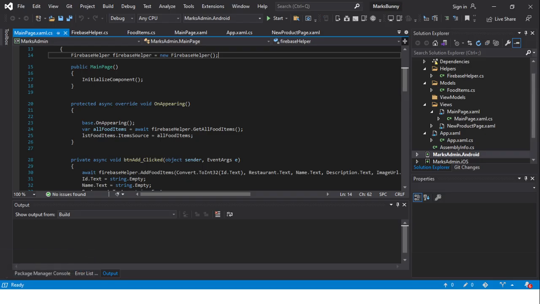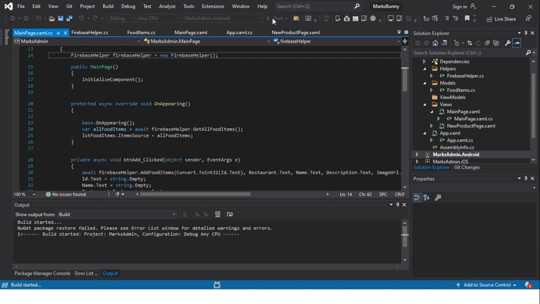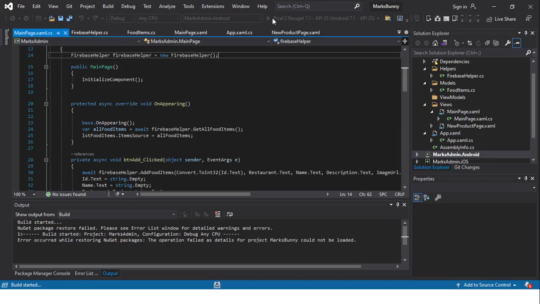So let's have a quick look and see how the app actually looks. I'm going to try and run it. Hopefully it doesn't bomb, because it can bomb horribly. Fingers crossed. I'm hoping that the demo gods don't do what they normally do, which is get the whole thing to literally blow up in our faces.